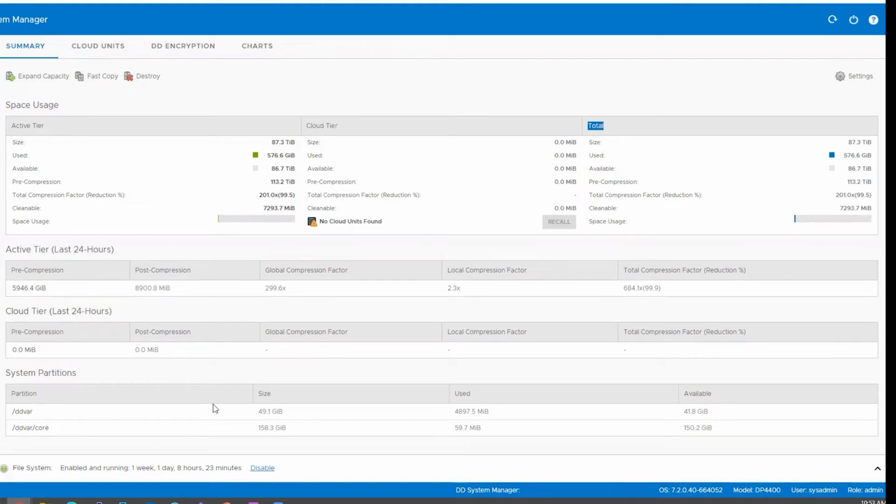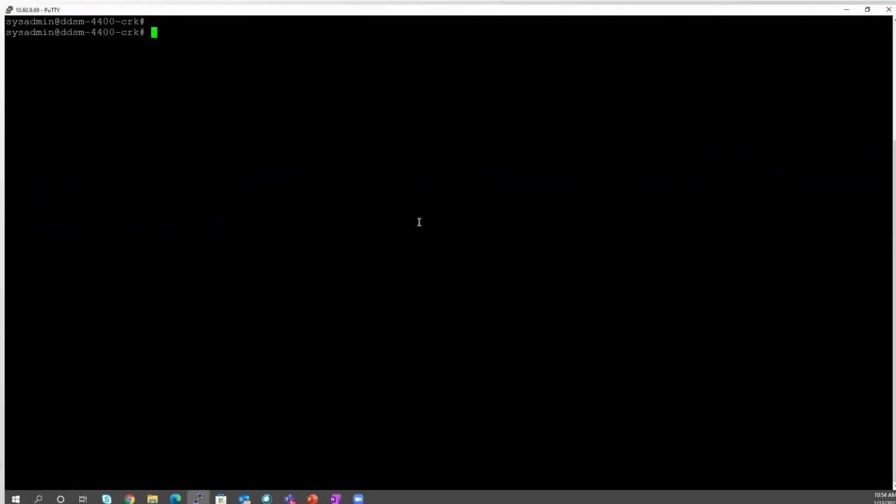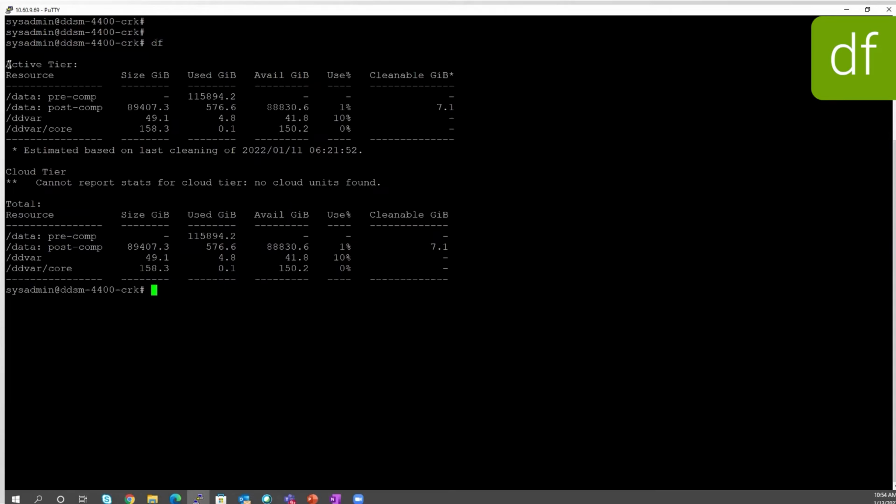If you want to see the same from CLI, we can check that too. You may connect to the Data Domain CLI via SSH using PuTTY. Once you do that, you may use the command df to see the space usage tier wise: active tier, cloud tier, as well as total.